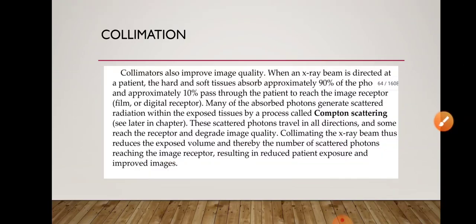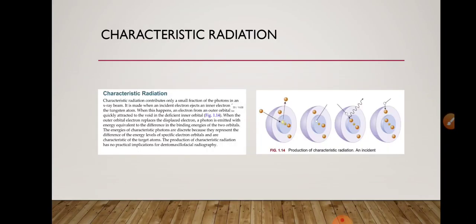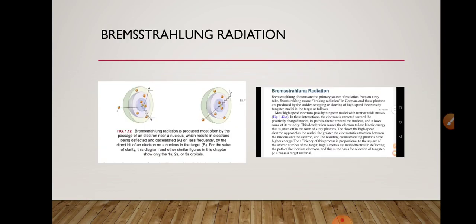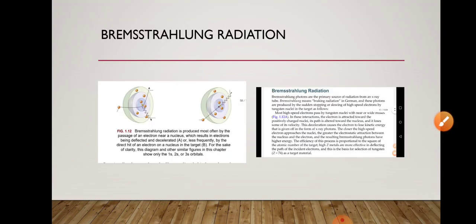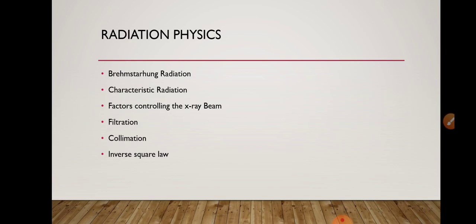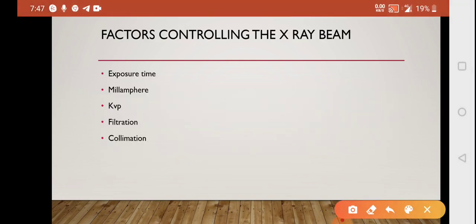So here we come to the end, and let me summarize that we are clear with the exposure time. The question that can be asked is very clear: with the increase in the exposure, what is going to happen. With the increase in the exposure, more electrons are going to be produced. With the increase in the milliamperage, more electrons, more x-rays are going to be produced. With the increase in the kVp, obviously more electrons, more photons, but more mean energy of the photons also.